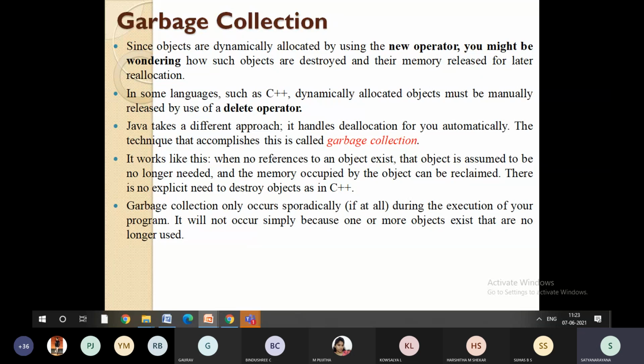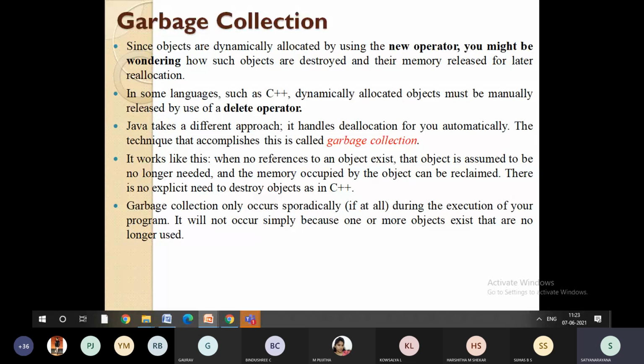In C and C++, manually we need to use the delete operator, that is your dealloc, realloc, all those functions. But Java takes a different approach called garbage collection. So automatically it is going to deallocate the space. Again, if you start executing your program, it will reallocate the space.